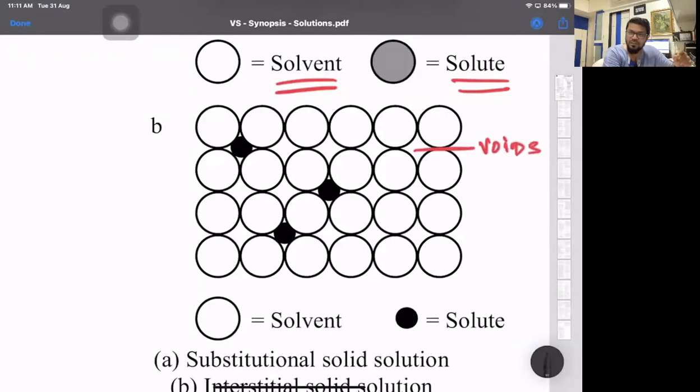Now in these empty spaces, you can have the other metal coming and occupying the space. Like for example, look at that. This is the solute that is occupying the in-between position. That is called the interstitial position. Best example to talk, the steel utensils, what we have at home. That's mainly iron, and in iron they contain carbon, because carbon size is small, so carbon will go and seep in the in-between spaces over there. So that is an interstitial solution there.